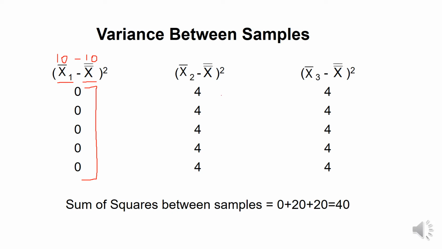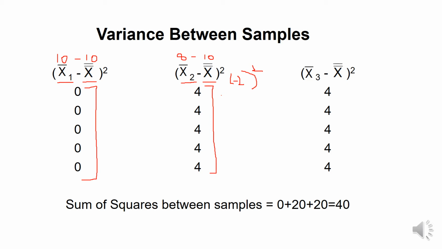And for the second part, we'll take the difference of the mean for variable 2 from the grand mean. The mean for variable 2 was 8 and the grand mean is equal to 10. So if you take the difference of these two, this becomes minus 2 square. The square of minus 2 will lead to 4. So for all the items for variable 2, the value will be equivalent to 4.